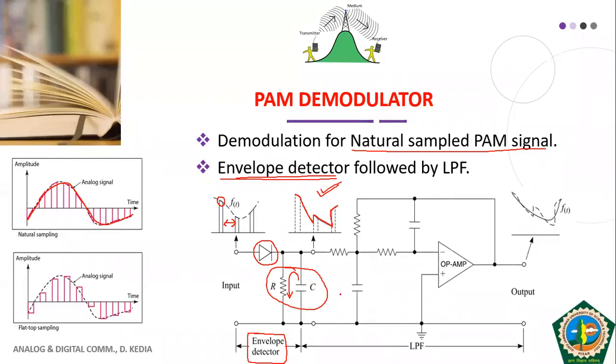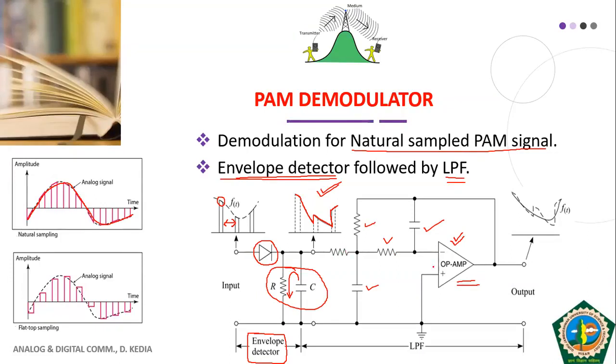So here we will be using a low pass filter. Here we have used a second order active low pass filter. See students, here we have used an operational amplifier in the filter. That's why this filter is an active filter. Okay, and we have two RC combination circuits present at the input of the operational amplifier. That's why it is called a second order low pass filter. So this active low pass filter will remove ripples and those distortions in the modulating signal to a great extent.